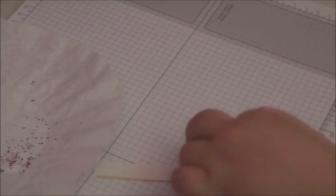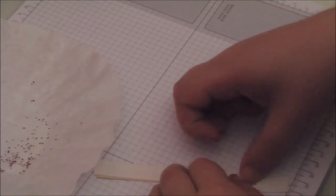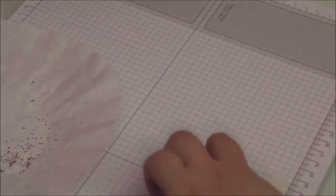I'm not going to finish these ones, so I'm not going to pull off the release paper backing on them because I'm not going to stick them to anything. But if you wanted to, you could stick it down to your project before you glitter it. I'm going to not stick it down, so you're not going to see me pull that release paper off. So now you'll have the sticky side poking through the cutout, and you'll be able to just take your glitter,